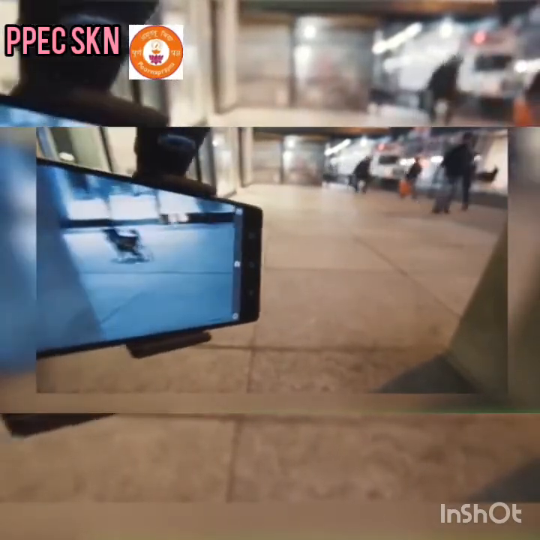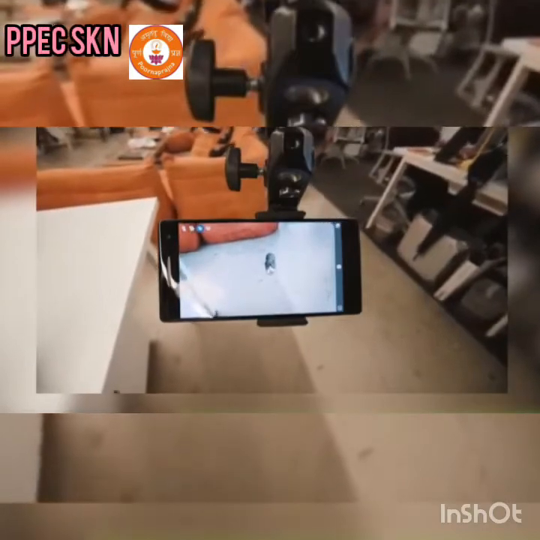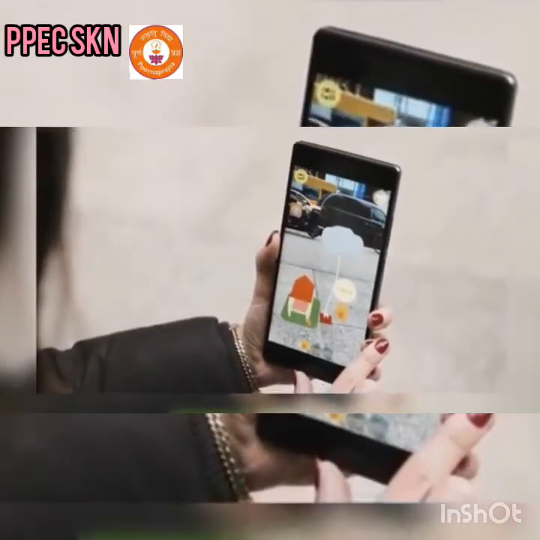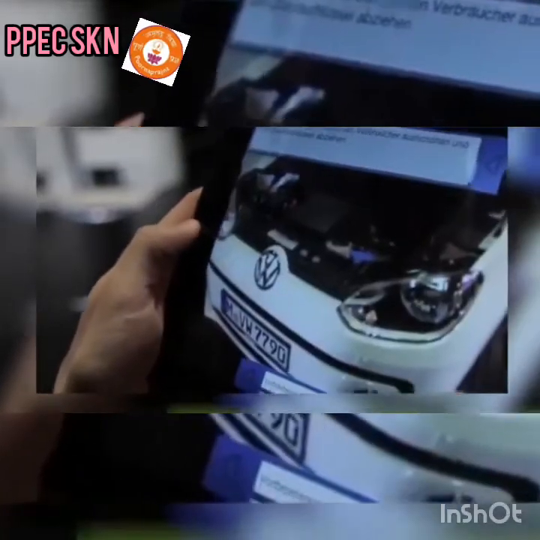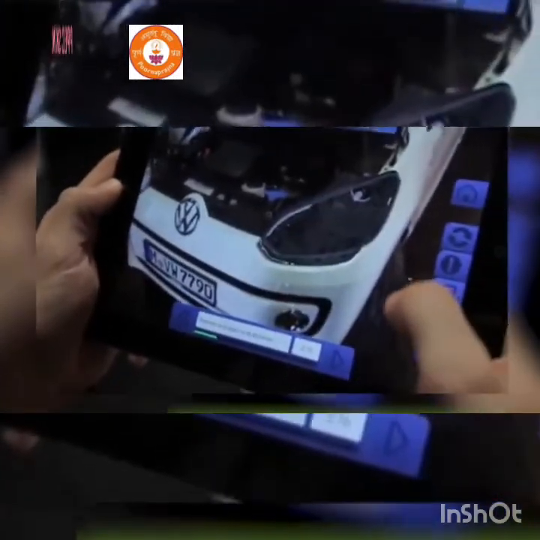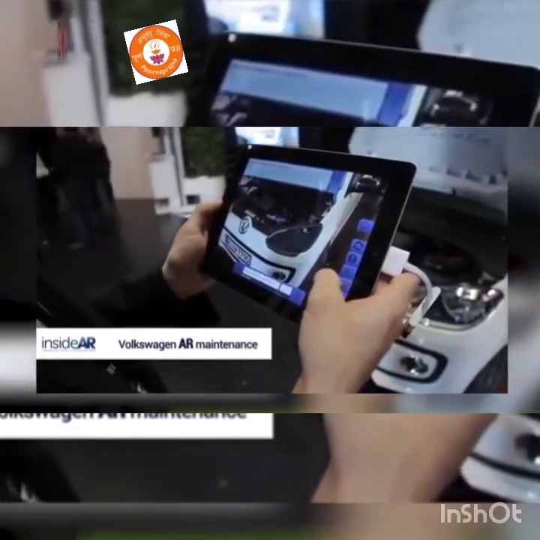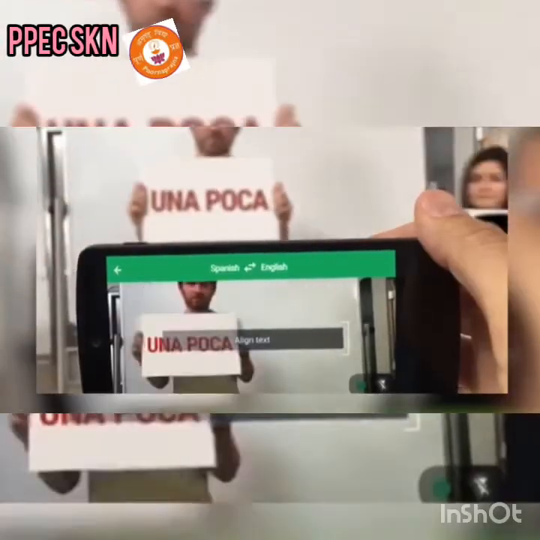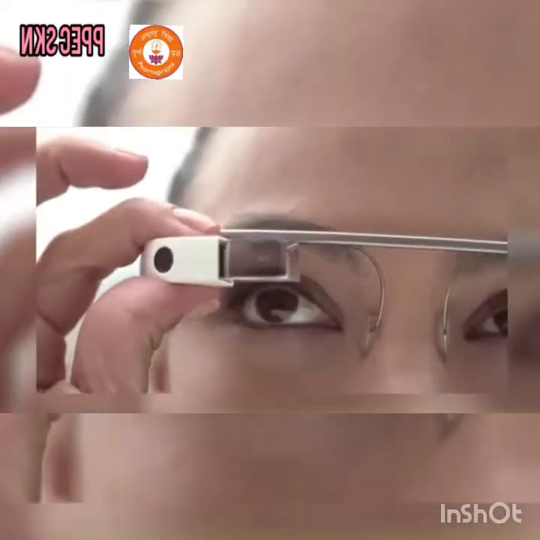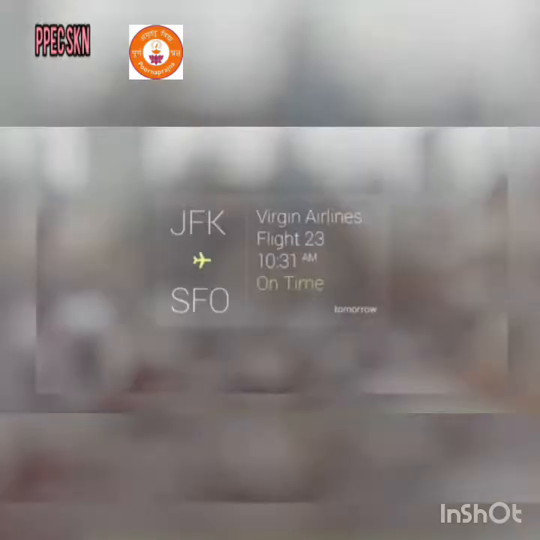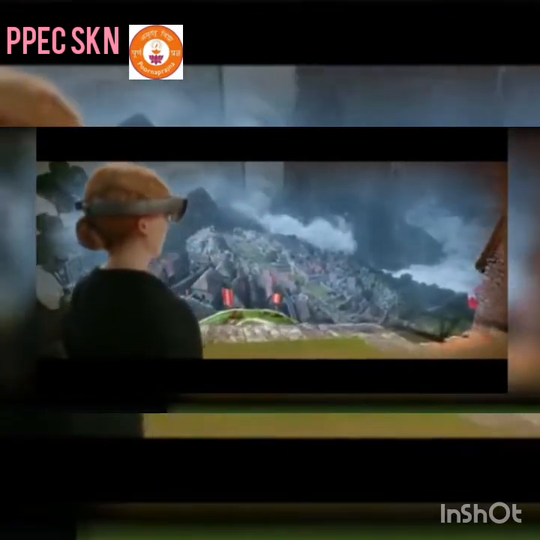If we look at the usage of the AR technology apart from gaming, if implemented right, business can use it correctly to walk customers through the repairs more efficiently. The best suited example for this one is the Volkswagen Marta. It is an app which provides the real-time augmented reality implementation of how to repair your car. Other examples include the Google Translate, then again we have the Google Glass, and we have the most famous HoloLens by Microsoft. Now, it was Microsoft who first coined the term mixed reality.